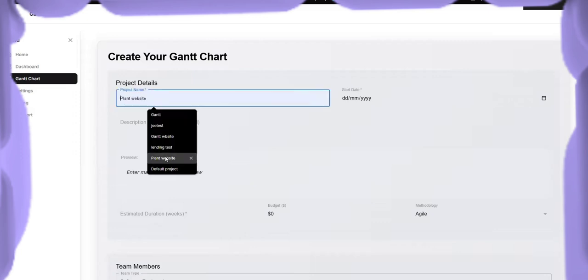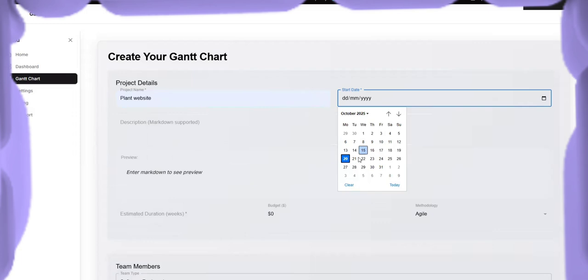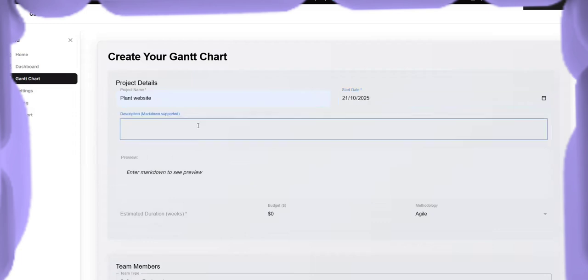Hi, so I'd like to give a quick demo of my Gantt project, and I will show you guys how to create your own Gantt chart and the dashboard tool that we have after. So I will make a plant website, for example, and I will start it tomorrow, and I will put in a bit of detail. So plant, company, website, or greenhouse business